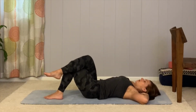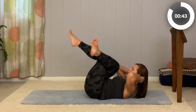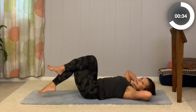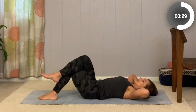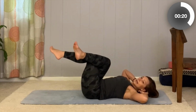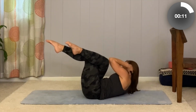Right leg over left, inhale. Exhale, lift. Down, scoop, bring it up. Try to keep the ribs pulled down and the hip points up, even when you rest back to the mat. Okay, up, bring it down. Squeeze those inner thighs, lock it together. You've got it. Last 3, coming up right here. 3, 2, last 1. And now, hold the legs, left elbow to outer thigh, out for 8, 7, 6, 5, 4,